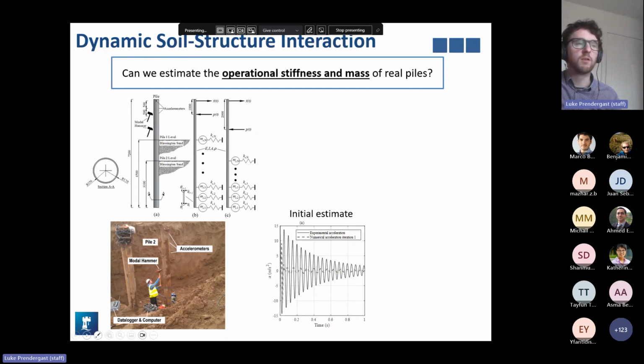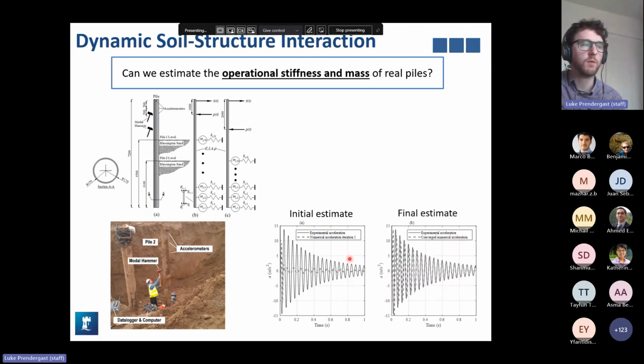So just to show you what that looks like from the time domain, the first prediction, this is the acceleration signal of the output signal from the top accelerometer. This data was filtered to remove higher order modes. And the gray line is the first prediction. So we see that we heavily underestimate the acceleration magnitude. And after 21 iterations, we get a reasonably good, if not perfect match, one could argue, of the numerical prediction on the experimental value.